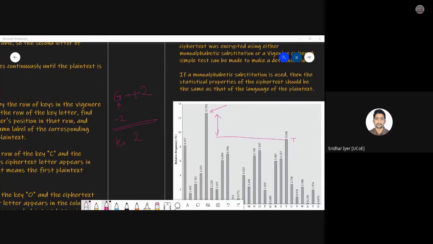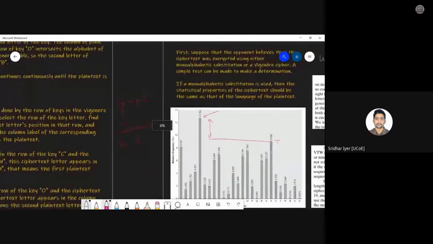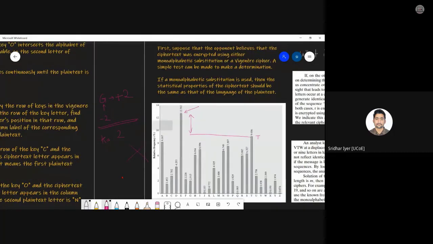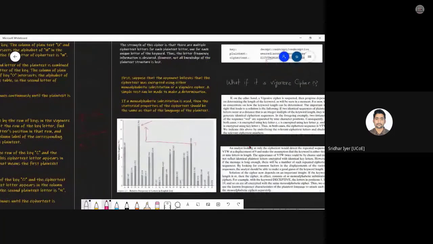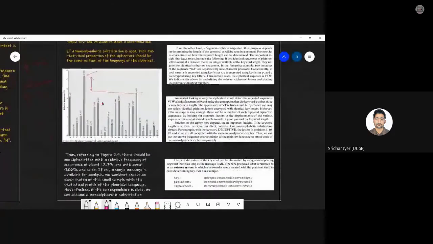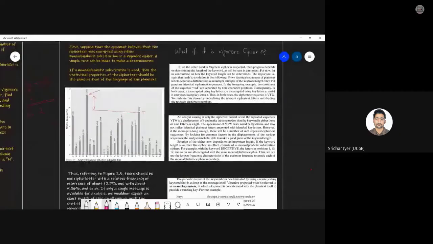So this is the very first way in which cryptanalysis is done. If the attacker finds that there is no usage of a monoalphabetic cipher and the character percentages, the frequency distributions, are very close to each other, then this method will not work. Then the attacker will try to find out whether it is a polyalphabetic cipher or not. Am I clear? The entire thing has been written over here. You can go through it. I will share the notes.